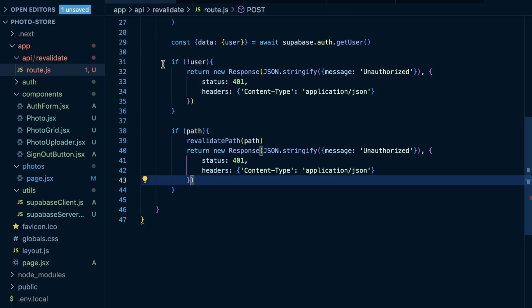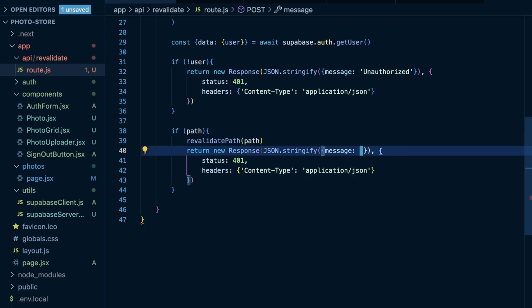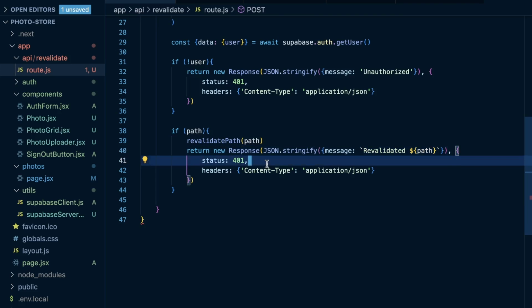But this message is now going to say, let's just do backticks, revalidated, and then I'll do ${path}. So we're basically saying we revalidated the path successfully, and then I'll just return maybe like a 200 status code,